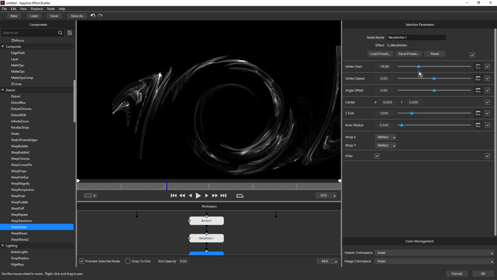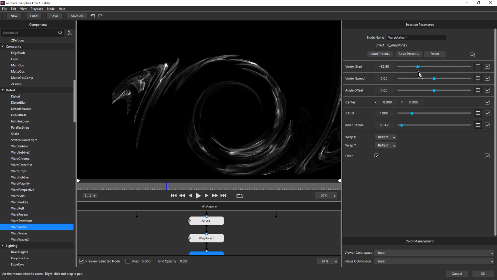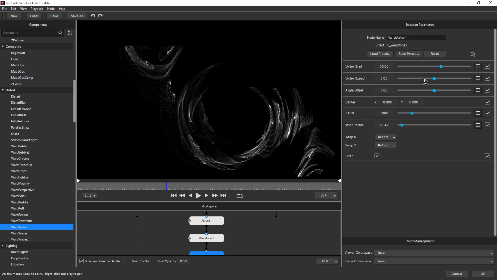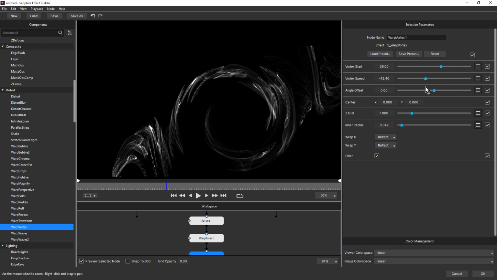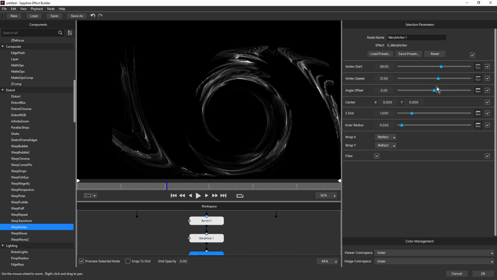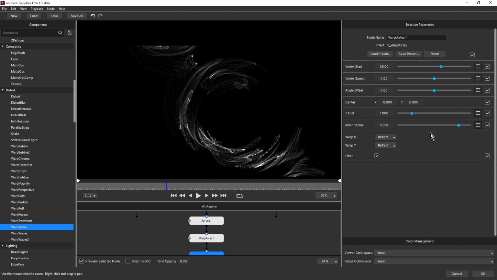Just going to give that a bit of a spin. Is that going to work for me? Now, this isn't any kind of solution that I'm trying to create for a particular motion graphic style that I've already had in mind. So it really is full experimentation. So there's definitely no right or wrong. But this is where you can get a lot of happy accidents. And you can create stuff that maybe you can't use right away, but you will be able to use later on down the line.